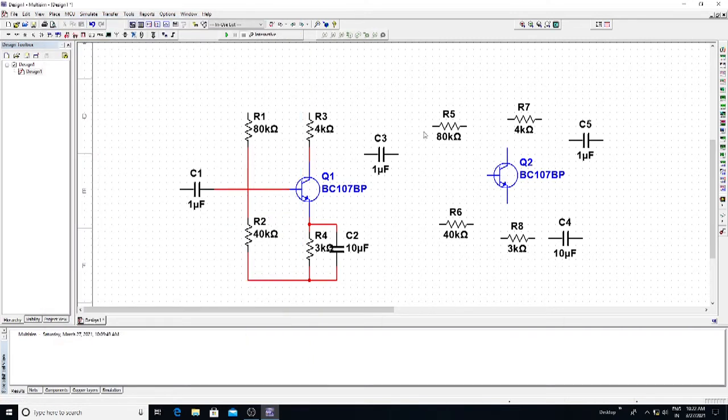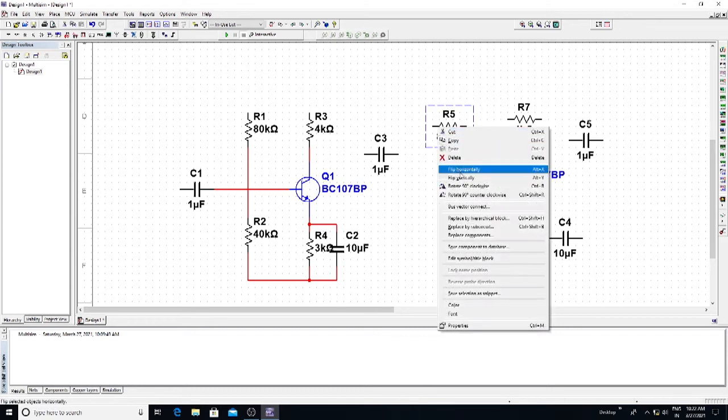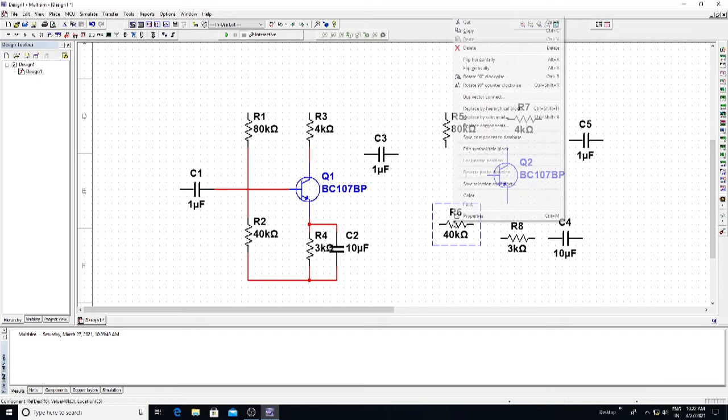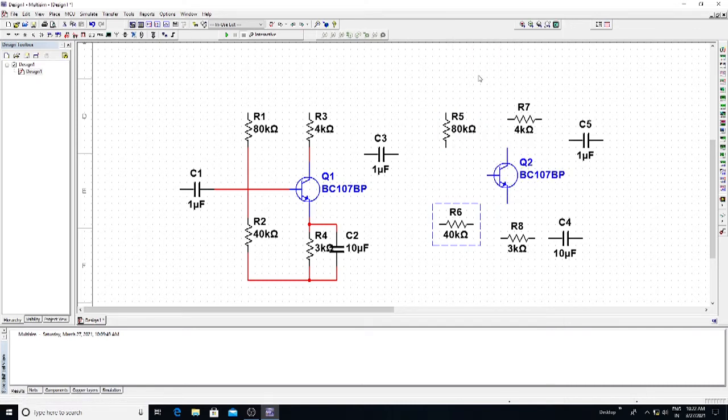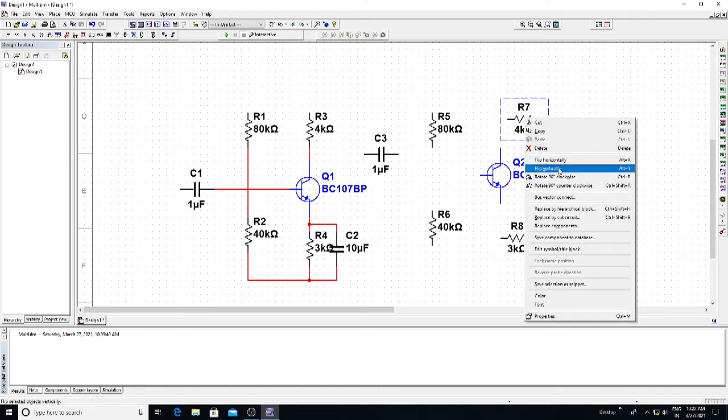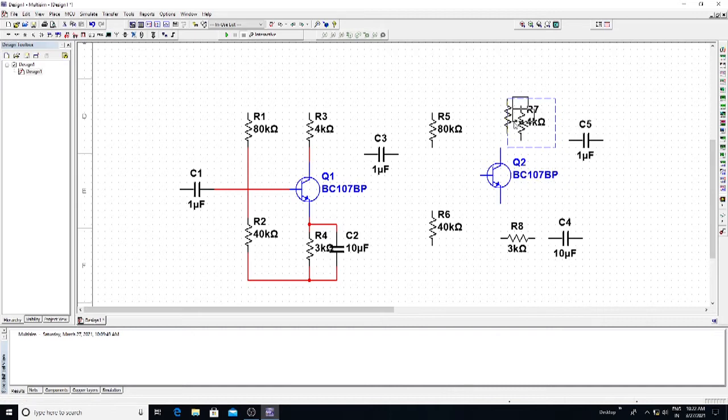Now rotate R5 and R6 in order to connect them. Right click, rotate 90 degrees. Similarly, R6, right click, rotate 90 degrees clockwise. Move those resistors a little bit. And rotate R7, which is placed at the collector, 90 degrees clockwise.